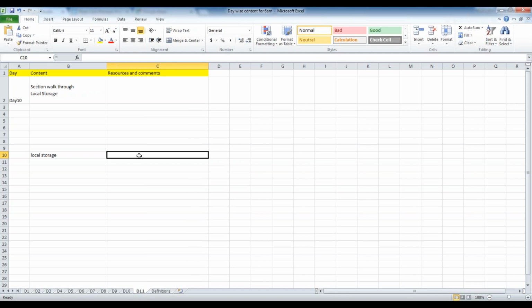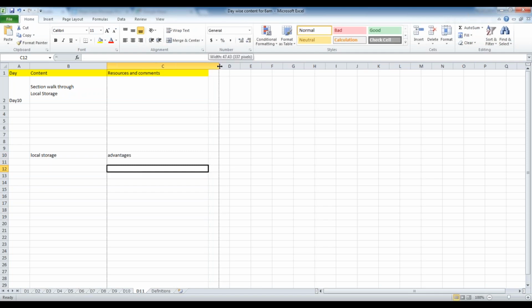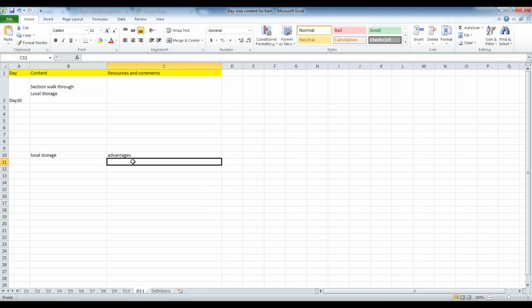Let me give two advantages here. If you maintain the data within the application, the advantage is it is easy to manage. Why is it easy to manage? Because if you want to enter data in the database, you need DB skills, some SQL language.